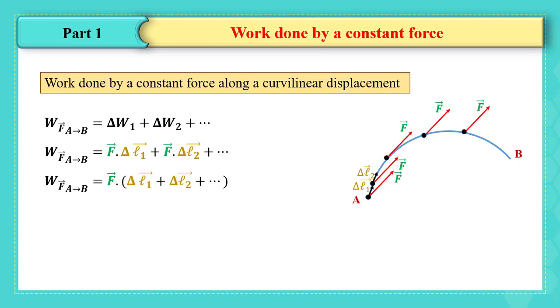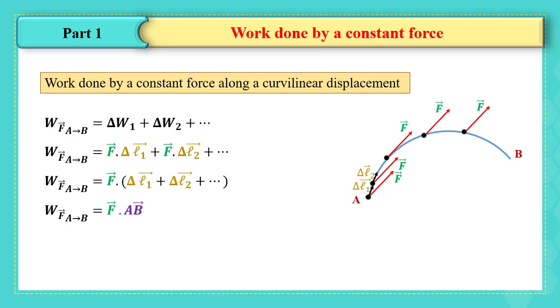Since F is a constant force, we're going to take it common. Then the work done by the constant force becomes F vector dot the sum of delta L1 plus delta L2 plus etc. By the property of the vectors, we can say that the sum of all successive delta Li is